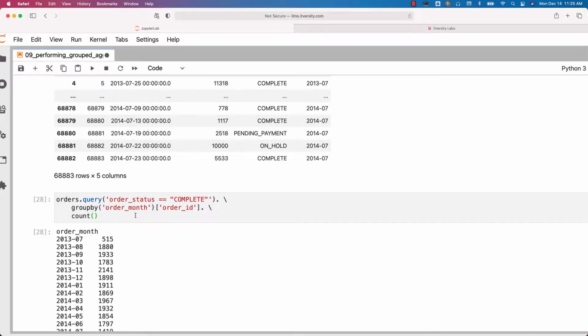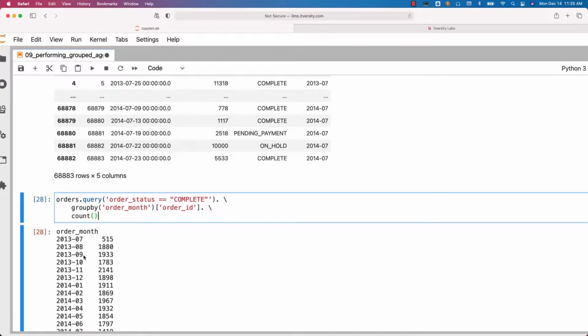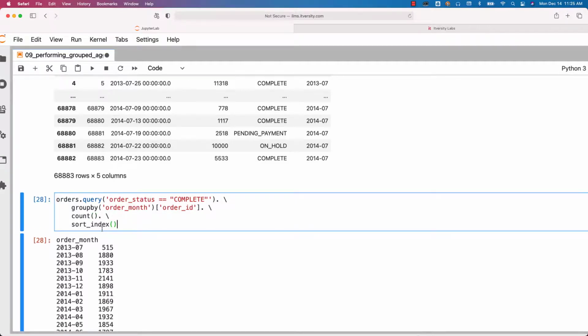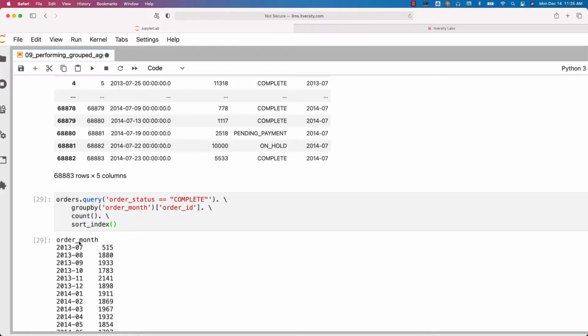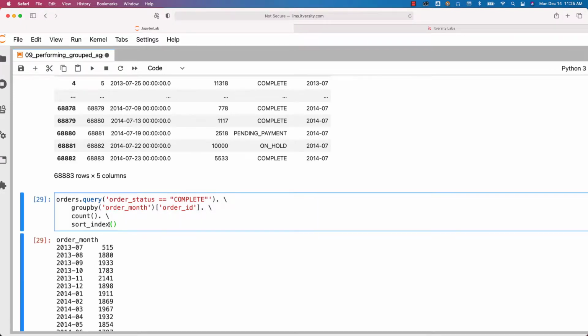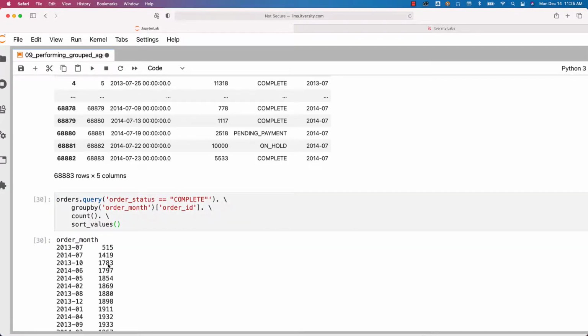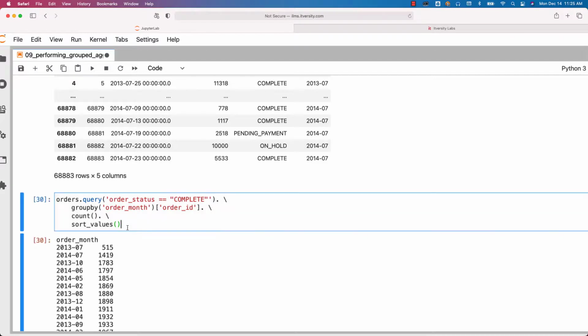Other orders are excluded. Now, if you want to sort this data, you can use the sort_index function like this. It will take care of sorting the data by the index. In this case, the index is nothing but month. So the data will be sorted by index here. If you want to sort the data by the values in this series, there is also a function called sort_values. You can leverage that and you should be able to sort the data by values. So depending upon how you want to sort the data, you can use the appropriate function on top of data frame and you should be able to sort the data as per your requirements.